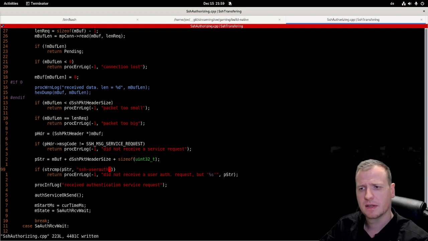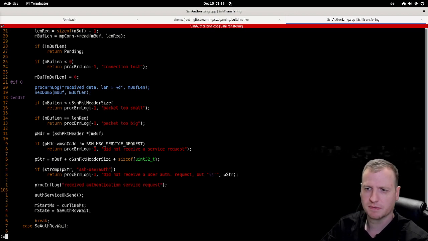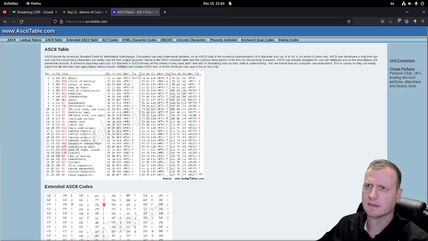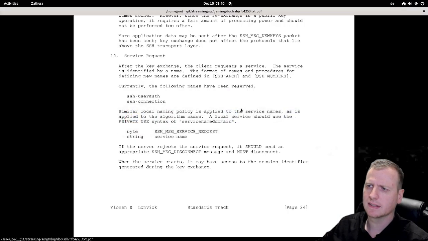And at this point I just can check if this is the string, and if there was a service request to a different service, then I go out, user out request, but something else. But if we have found this string, then we have received the authentication service request, and then we send something back, and that is defined in